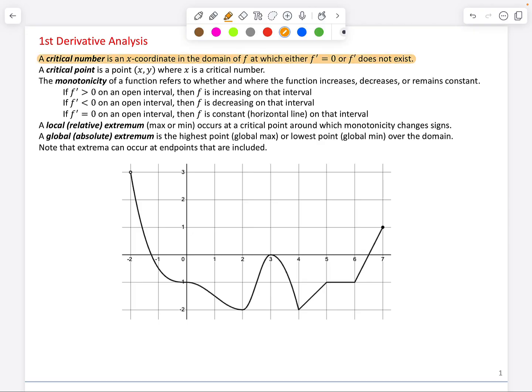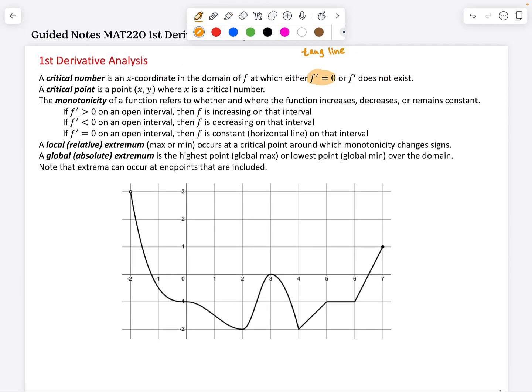A critical number is an x-coordinate in the domain of f at which one of two things is true. Either f prime is 0, which means the tangent line has a slope of 0, so it's horizontal, or where f prime does not exist. This can happen where the tangent line is vertical, at sharp corners, or at solid endpoints. So there are two different types. We'll say where the tangent line is horizontal is type 1, and where f prime does not exist is type